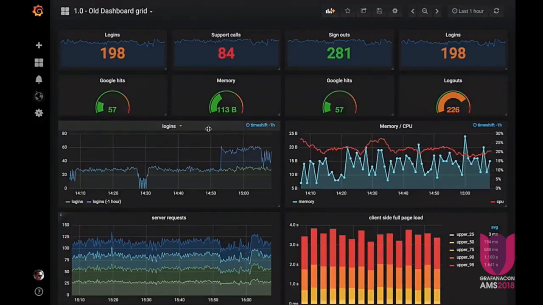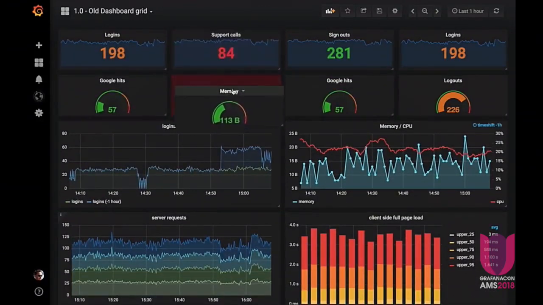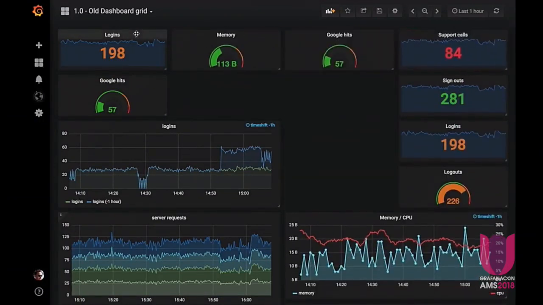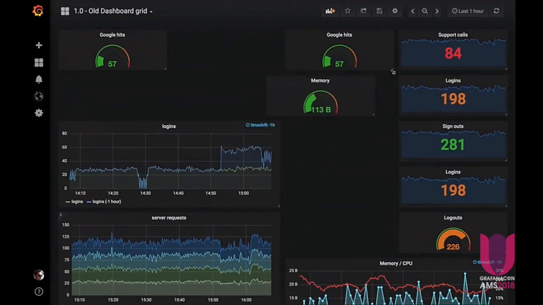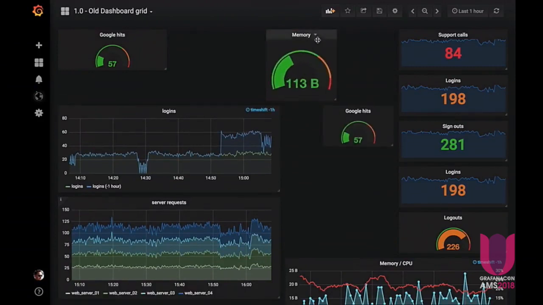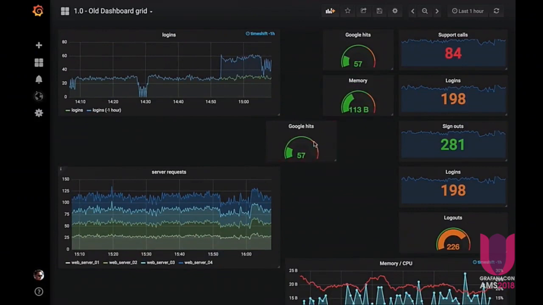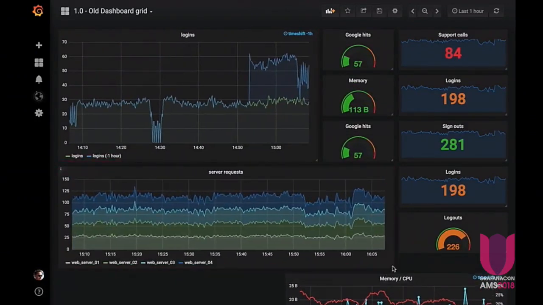So that's why we now in V5 have a completely new grid system that allows you to quickly move panels around, panels move out of their way, and it also enables new types of layouts where you can have panels of different height next to each other. It's a lot easier to move panels around and design dashboards, no longer the same clunky experience as in previous versions. So really excited about